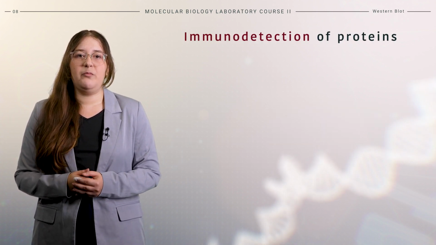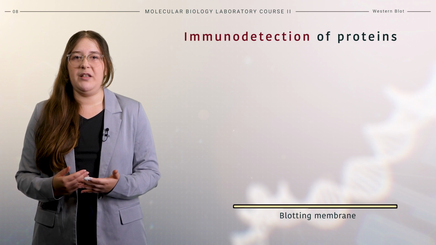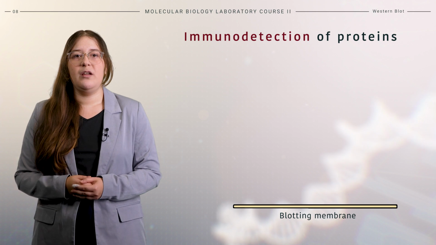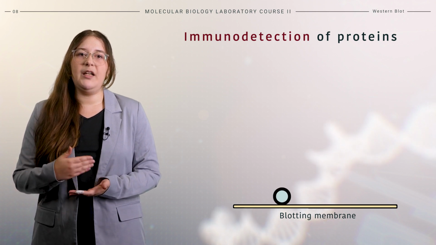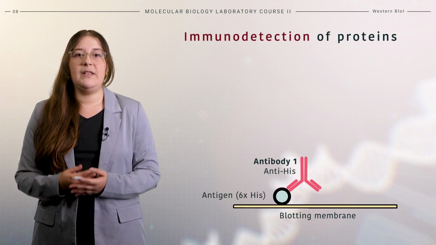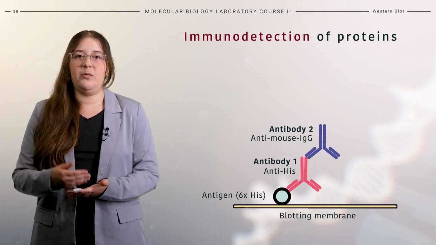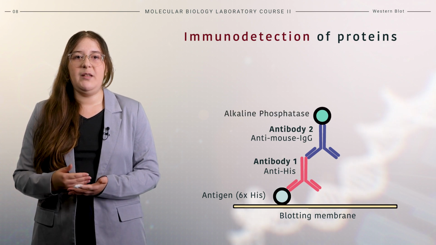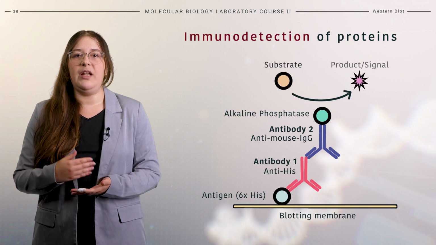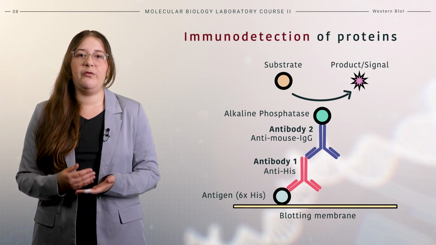After successfully blotting the protein bands onto the membrane, proteins can be specifically detected using antibodies. Typically, both a primary and a secondary antibody are used. The primary antibody binds to the target protein's antigen, which may be, for example, a 6-fold His tag. The secondary antibody recognizes the primary antibody as an antigen and binds to it. The secondary antibody is modified to enable visualization of the target proteins. It is often linked to an enzyme or labeled with fluorescence. In the past, antibodies were also labeled with radioactive markers.